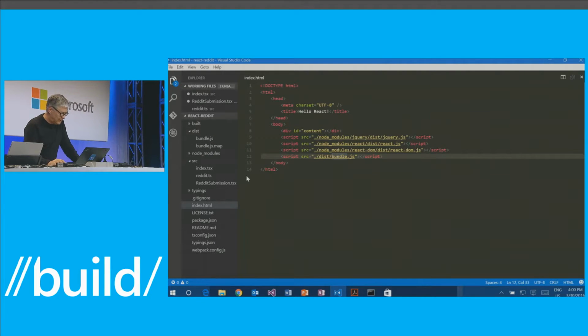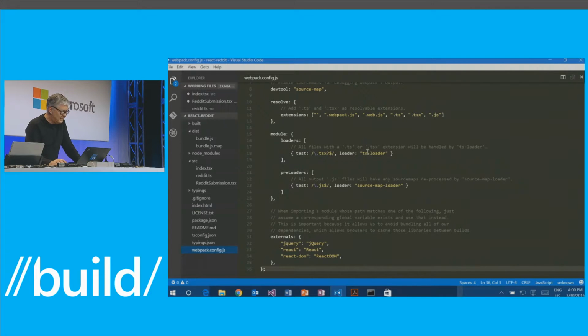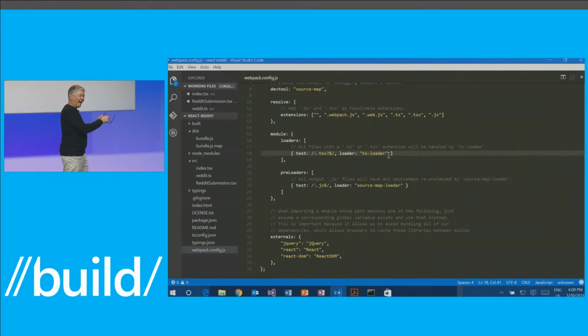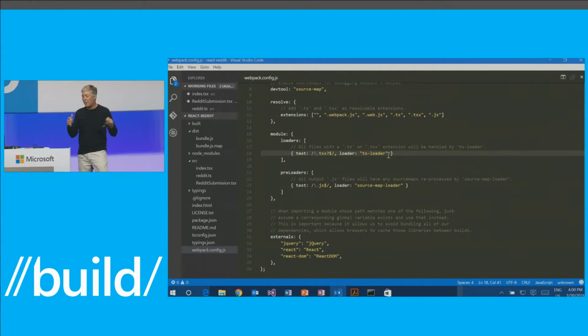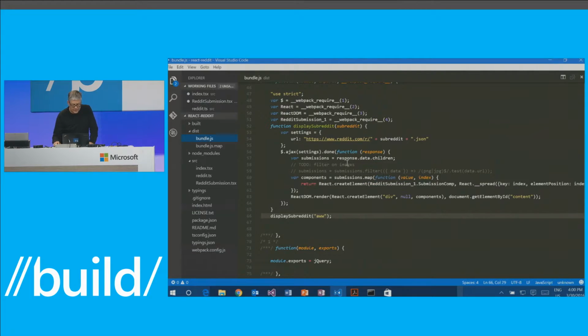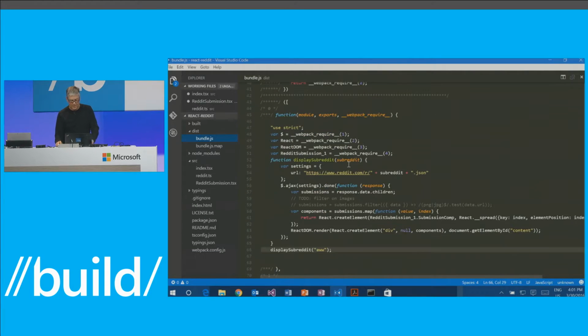And the way it builds it is, if you look at webpack.config.ts, you see that it uses ts-loader, which is, again, a community-provided loader that loads the TypeScript compiler and has Webpack invoke it to transpile your code, and then it bundles all of the modules together in one single file that can be downloaded with your app. So the bundle.js then ends up looking something like this.